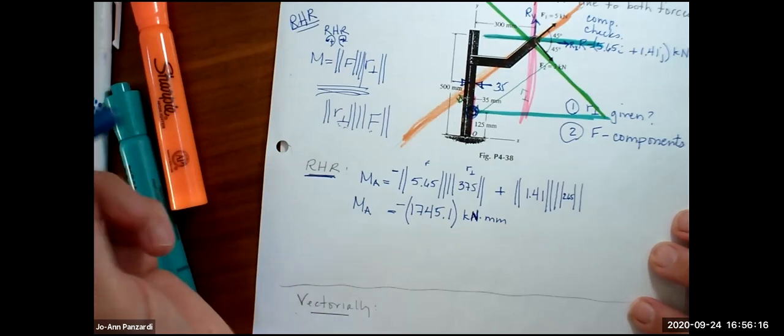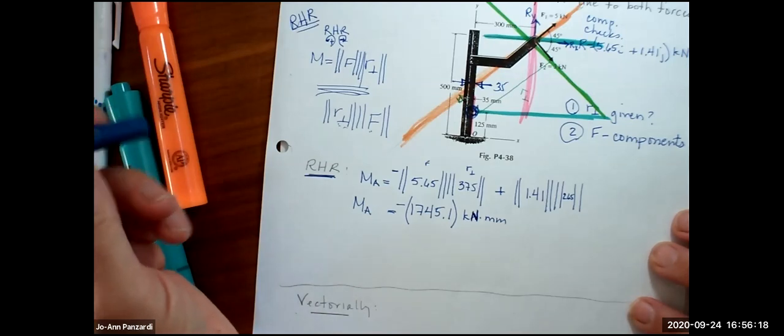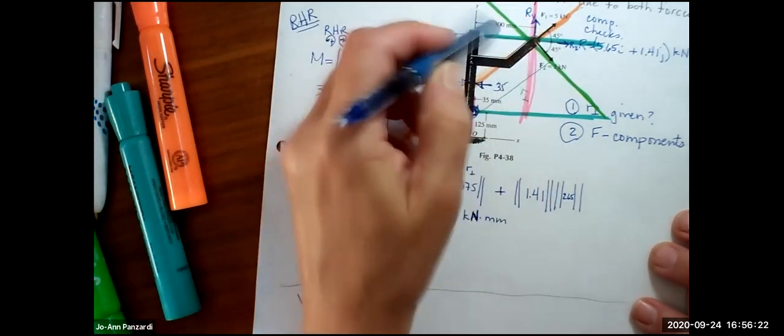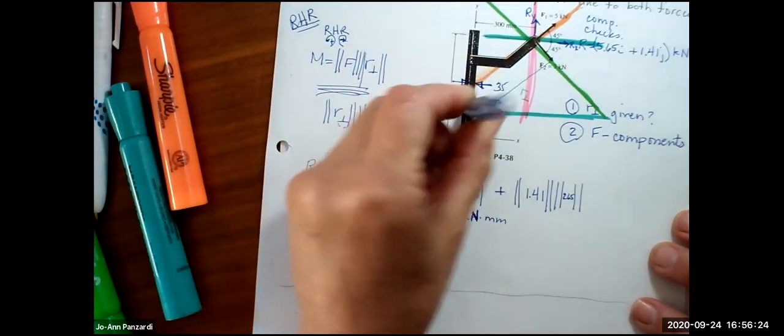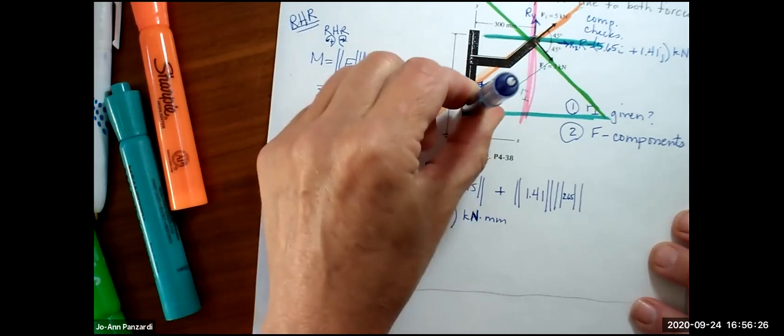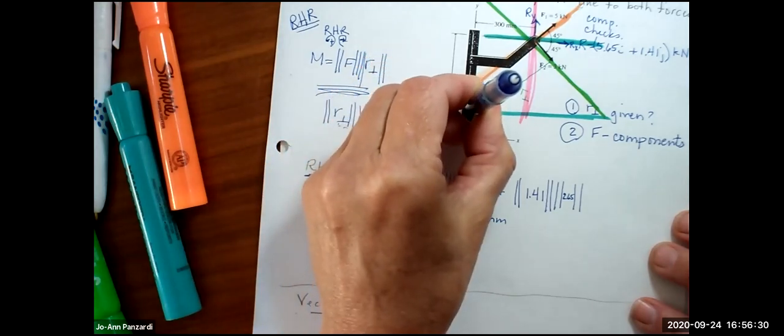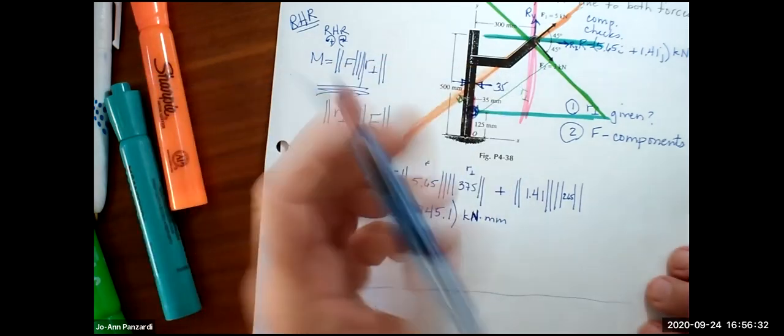The picture's in the XY plane, so the rotation has to be around the Z axis. Correct. All the forces and the distances are in the XY plane, so the spin is in the Z. And we got a negative spin, so which way is it spinning? Clockwise. So I'm going to put the K here, which is a little confusing because we have a kilonewton